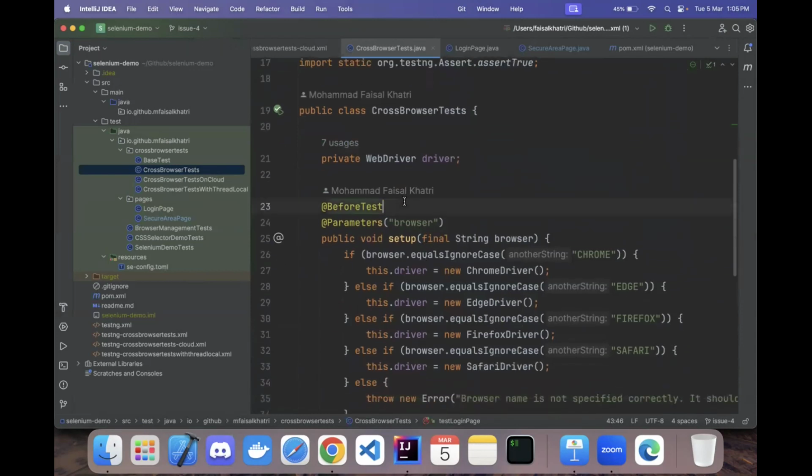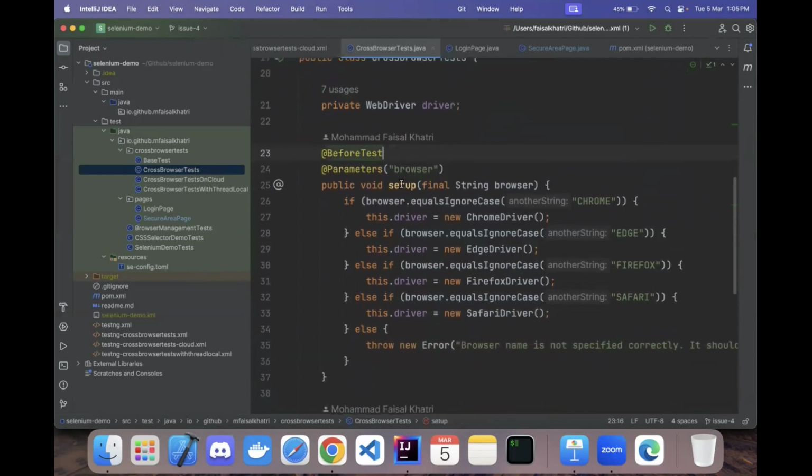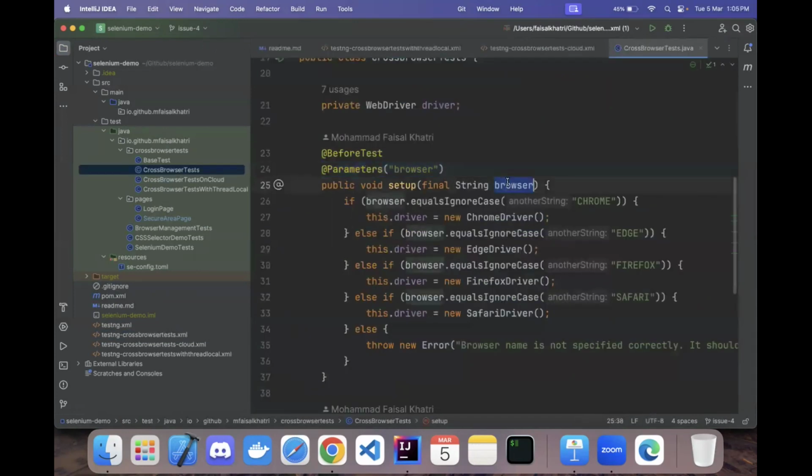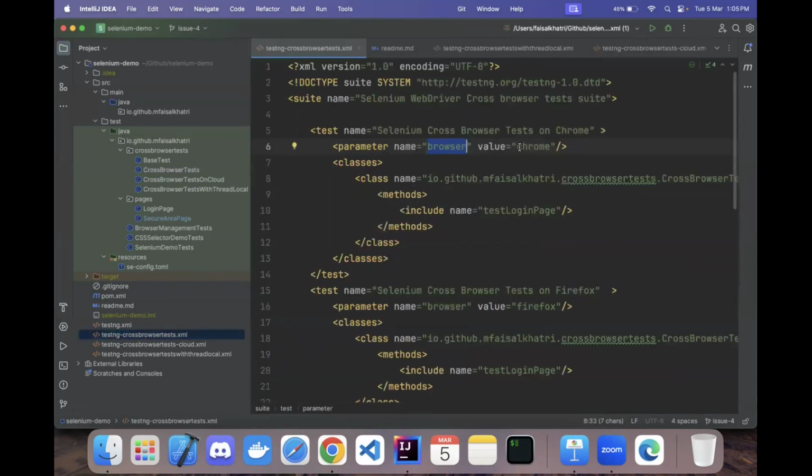And you can see here, for the setup, I've created a single method called setup, where I'll be getting the browser value as a string in the parameter itself. This browser value will be set using the parameter annotation of TestNG. And finally, the browser values will be set using the TestNG XML. Like you can see a parameter name browser. This browser actually equates to this browser here. This parameter browser actually has the values supplied in the testng XML, where we'll be supplying the